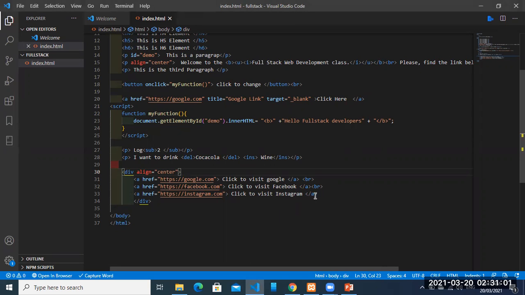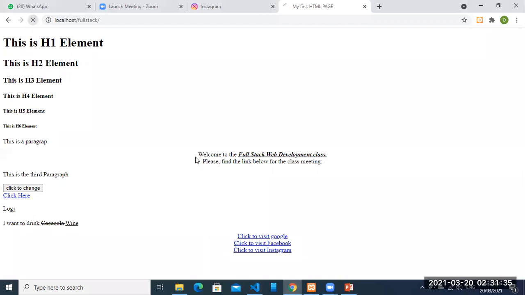Okay. So now let's do something. Let's do a single trick. Now let's take an anchor tag out of this div container, and put it outside the closing tag of the div, and let's see how that will appear. So if I copy this out, let's say we want to make this Twitter. Let's say twitter.com, and I say click to visit Twitter. Now, if I save this page and go back to my browser to reload this page,